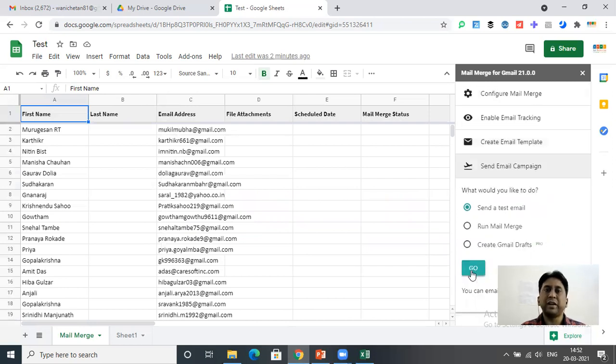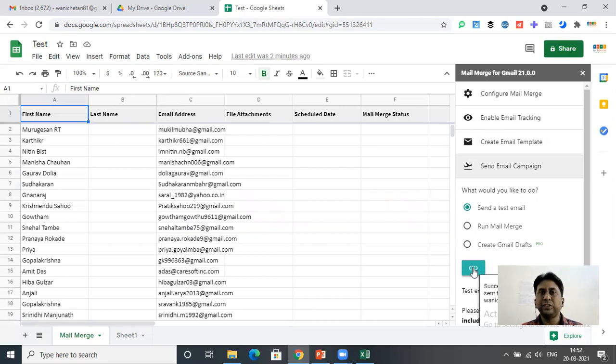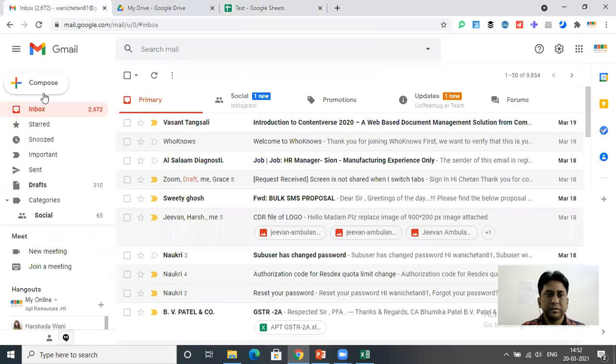So now whatever the matter is there in that draft, it will go in a personalized way. So let's send a test mail, click on go. So now you will come to know in test mail how the things work. Just click on here.